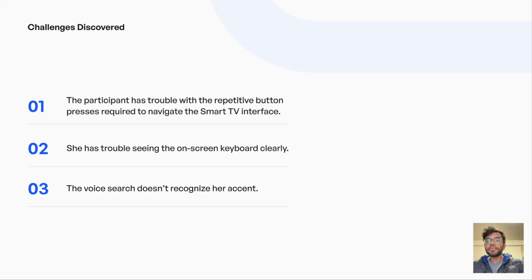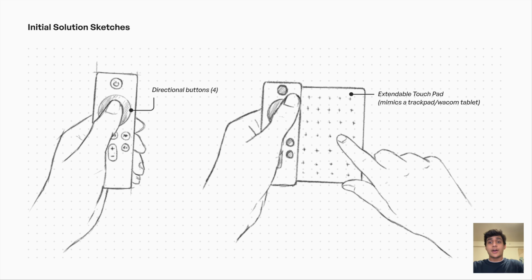To overcome the above mentioned issues, the participant tried using voice search to input text and commands on her TV. But to her frustration, she found that it failed to recognize her accent. She realized that this could be attributed to the fact that the shows she searches for are foreign words written in English. After examining the difficulties that the participant was having with the current remote, we brainstormed a few ideas